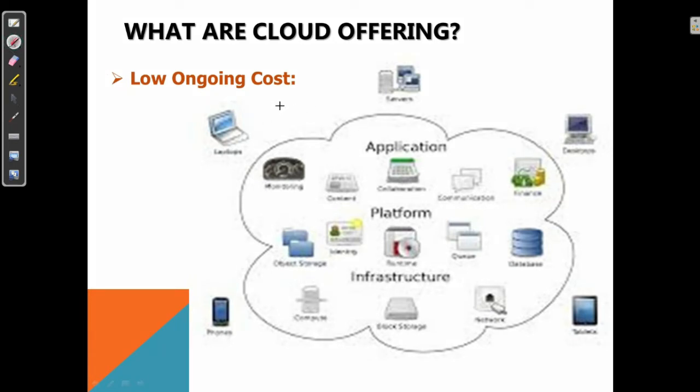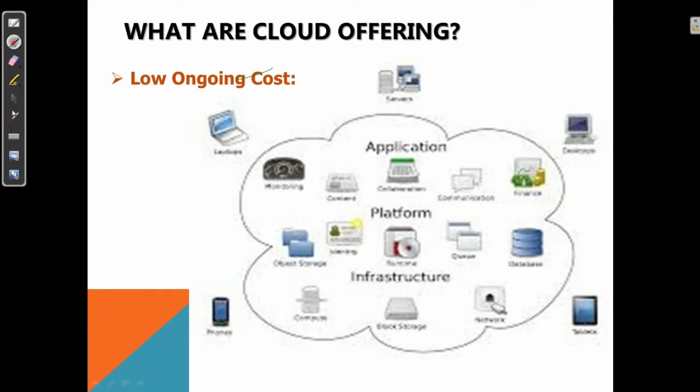Let us first understand what exactly the cloud offers to us, meaning the benefits that we get from all these service models. We'll go one by one. This is applicable to all kinds of service offerings, whether SaaS, PaaS or IaaS. The very first thing is ongoing cost. Ongoing cost basically means a pay-as-you-go pricing model, which requires no upfront expenses or long-term commitment. This is the advantage of using the cloud service models.